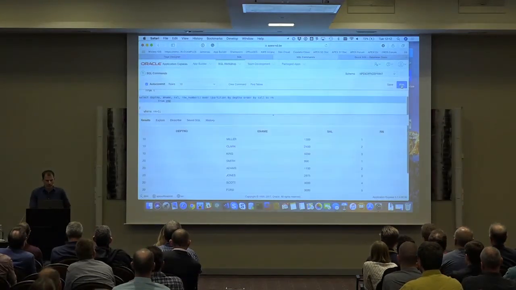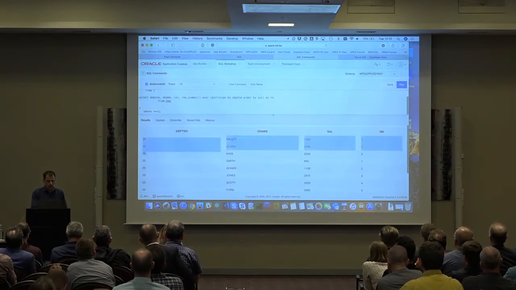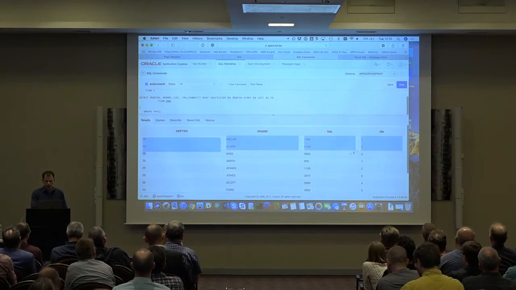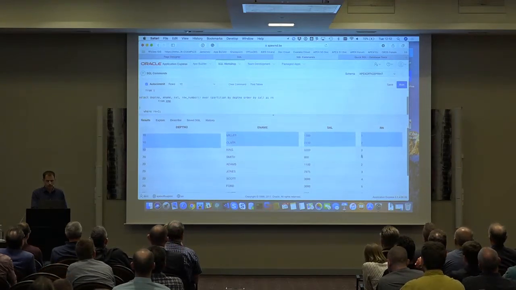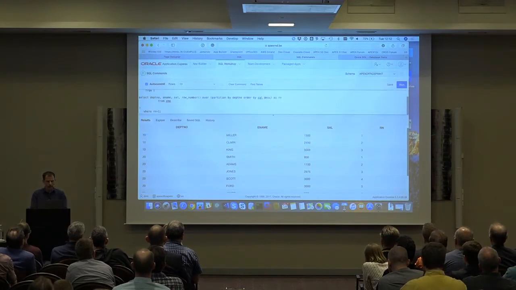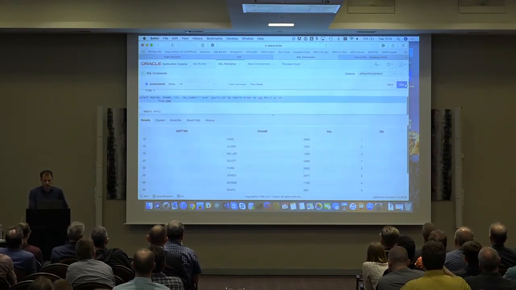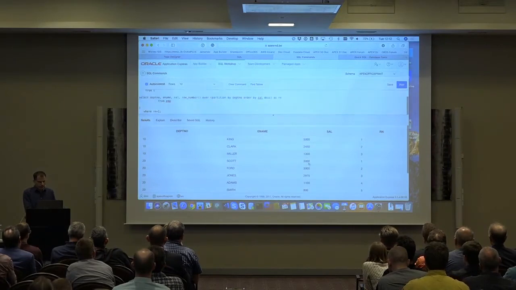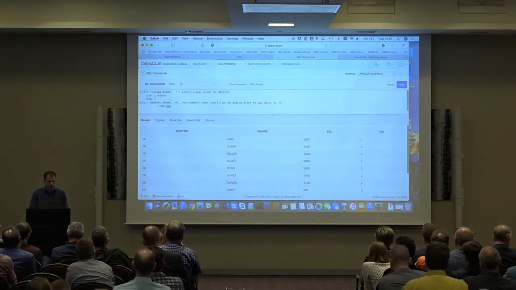So if I just run this first, per department I get the e-names, I get the salaries, and I get the rankings. So the lowest, the highest. I could change the order by salary descending, then I get the highest ones. So this one is first in this department, and in department 20, Scott is first. And then if we combine it with the list aggregate, and we only use the first ones,